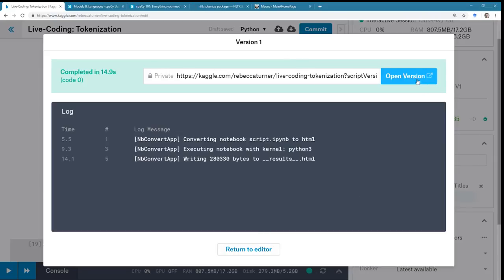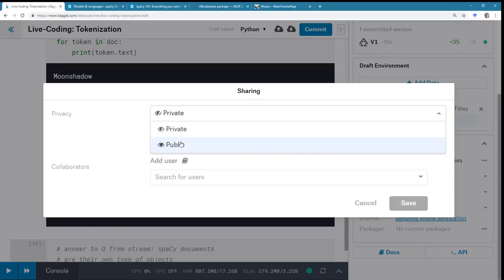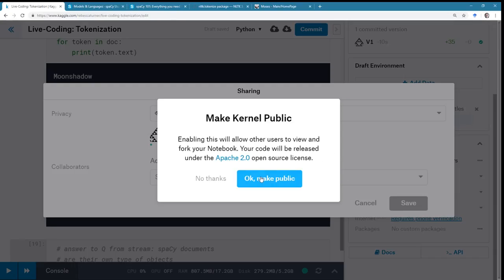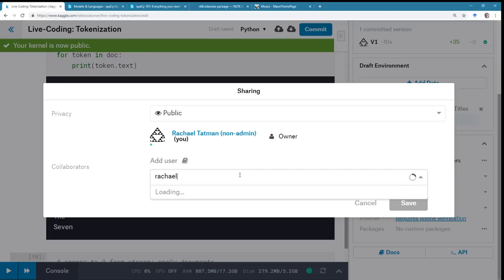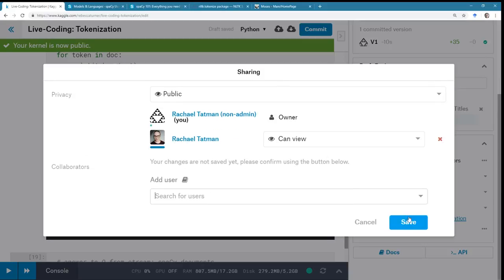All right, I'll return to editor and make this sucker live. I'm also going to add my other account as a user, just so it's more visible for folks, because I know my admin account is much easier to find. And I will give myself edit access, unlike I remembered.